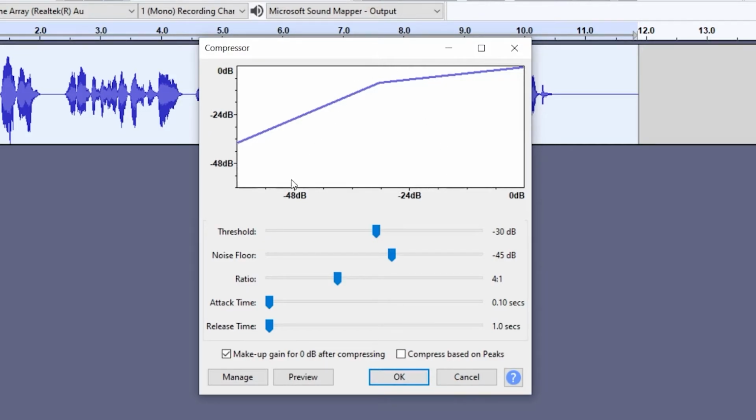So what are all these settings and what do they do? The first one is what's called the threshold. Here you can choose the level above which your compressor is applied. What this value means is that anything that's above or louder than -30 decibels, your compression effect will be